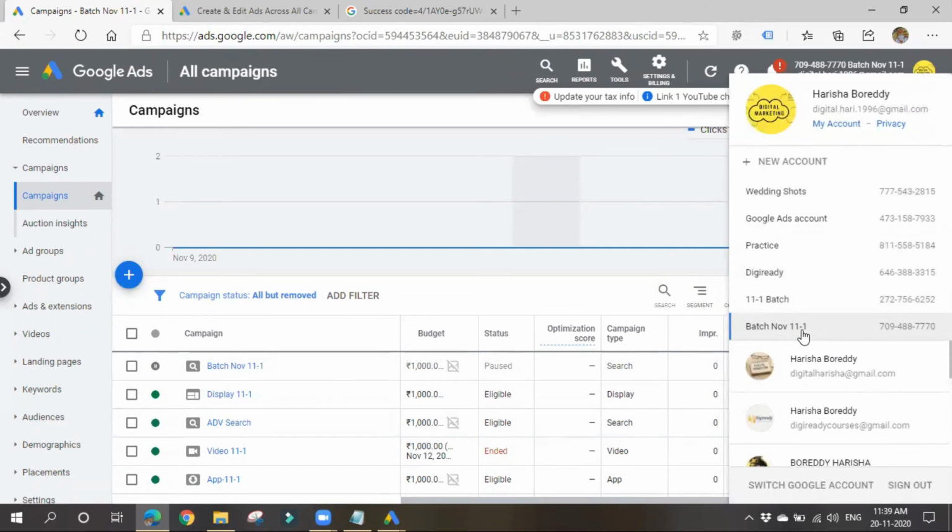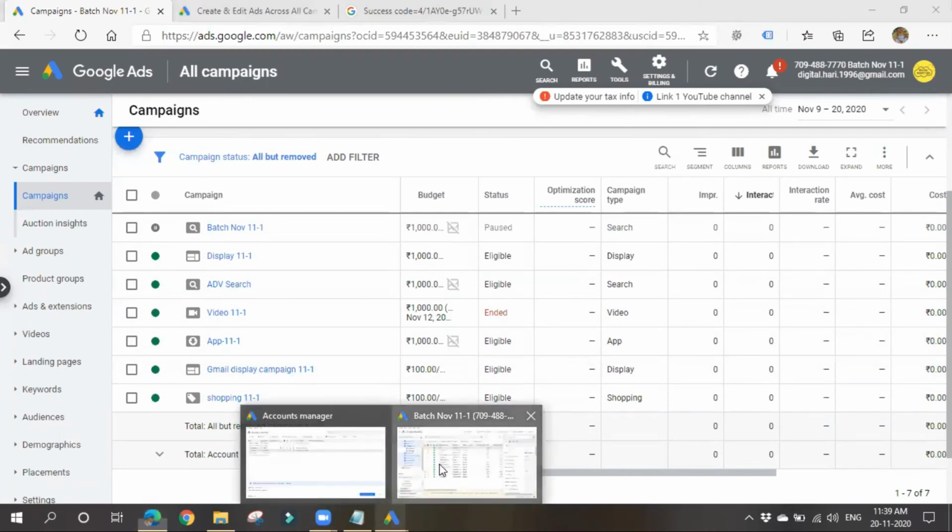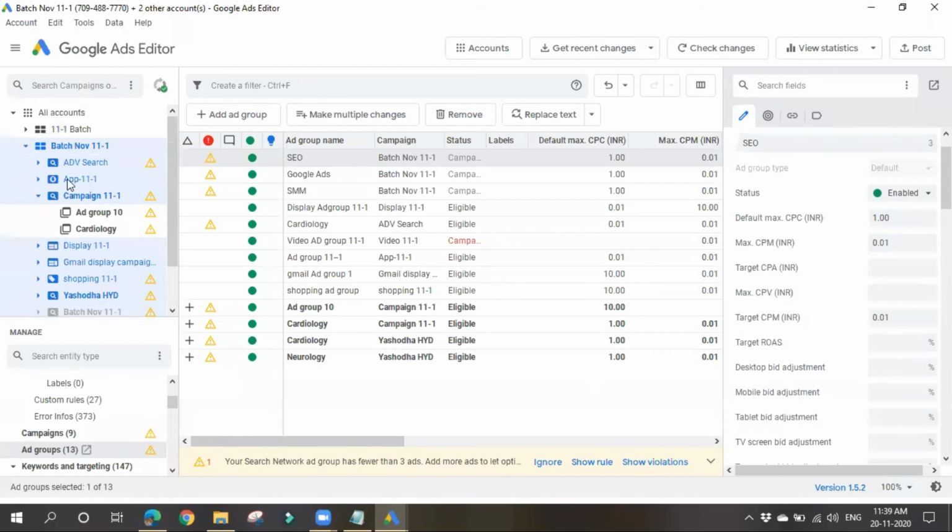Yes, I'm in the batch November 11 to 1 account. In this account I have various campaigns. In case of Google Ads Editor, I added Yashoda Hyderabad. It is a new campaign I have added to it, and I have also made some changes.